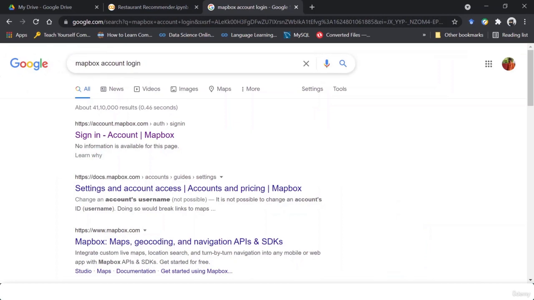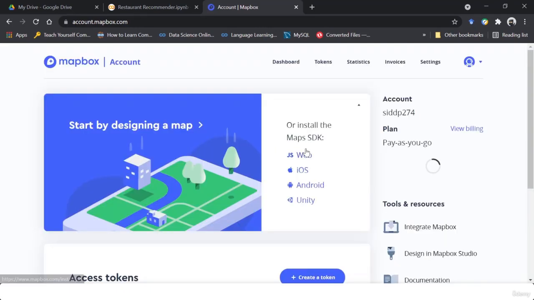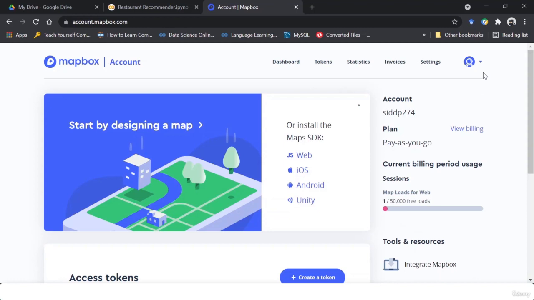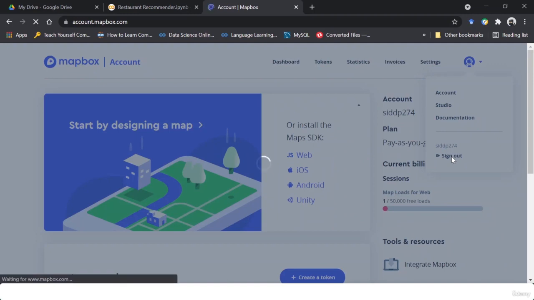So just search Mapbox and click on sign in account. It's already signed in for me, but what you can do is go and just sign out.